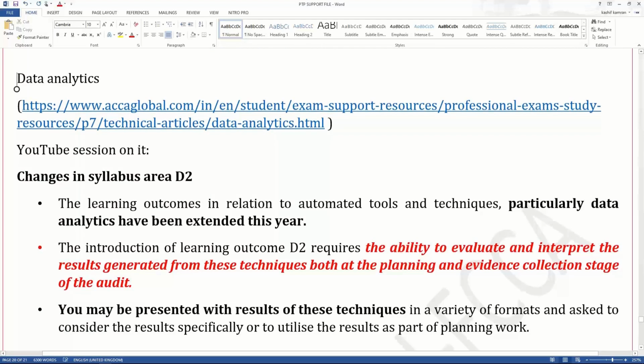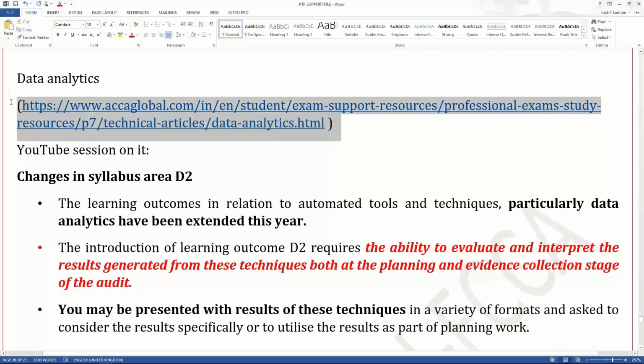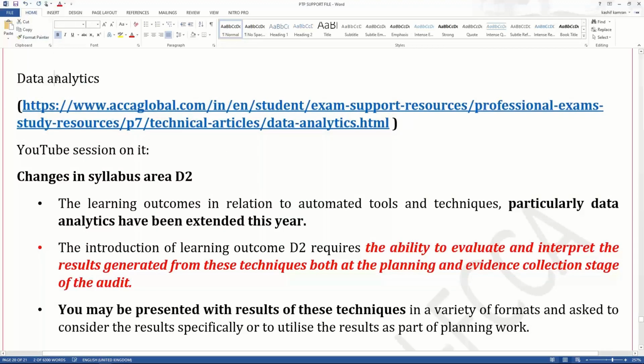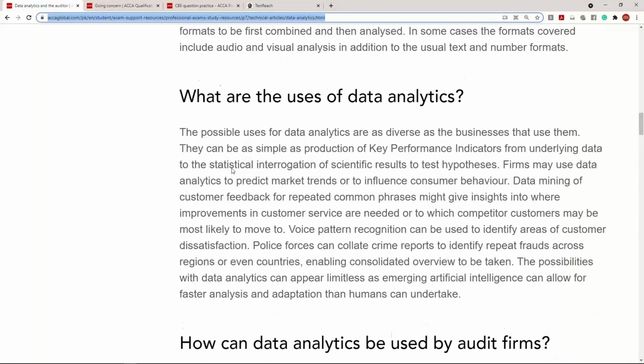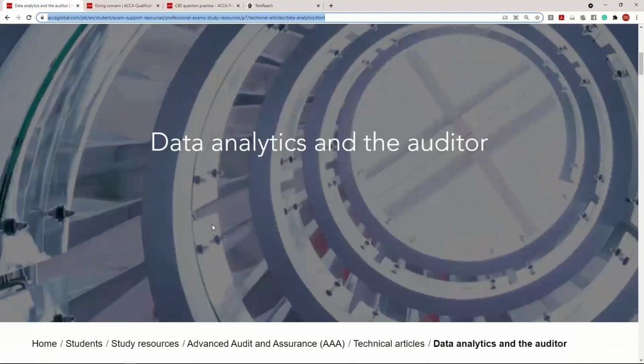Data analytics is an article which is already published by the examiner. You can see the hyperlink here. It is an article which has also been examined in the past paper, because I think this is now a 1-year-old article. If I can show you the article on your screen, you can download this article. It's already provided to you in the handout section of the webinar, but you have to read this article A